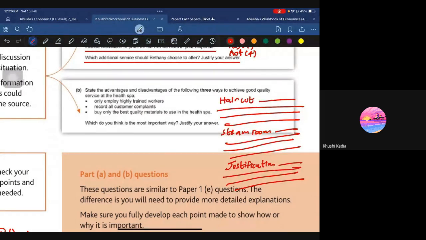So now, if you consider all of this: haircut, steam room, and justification. So I guess the first thing that we need to see here is,